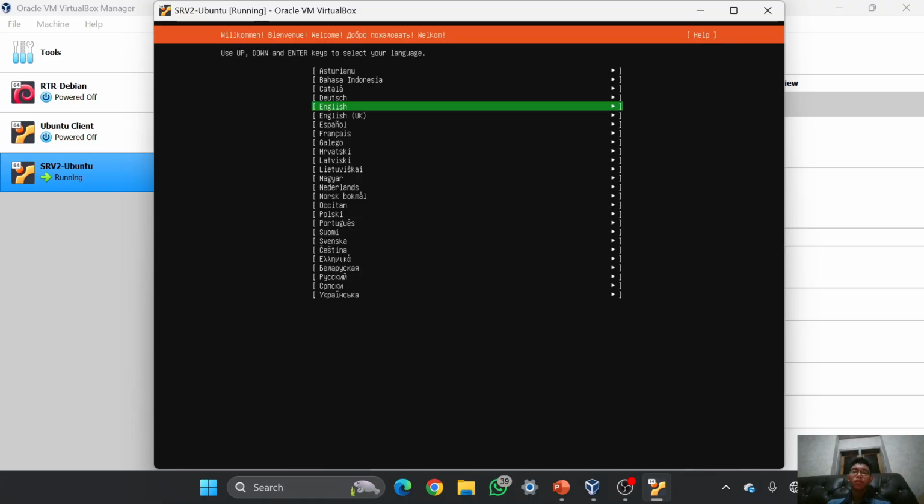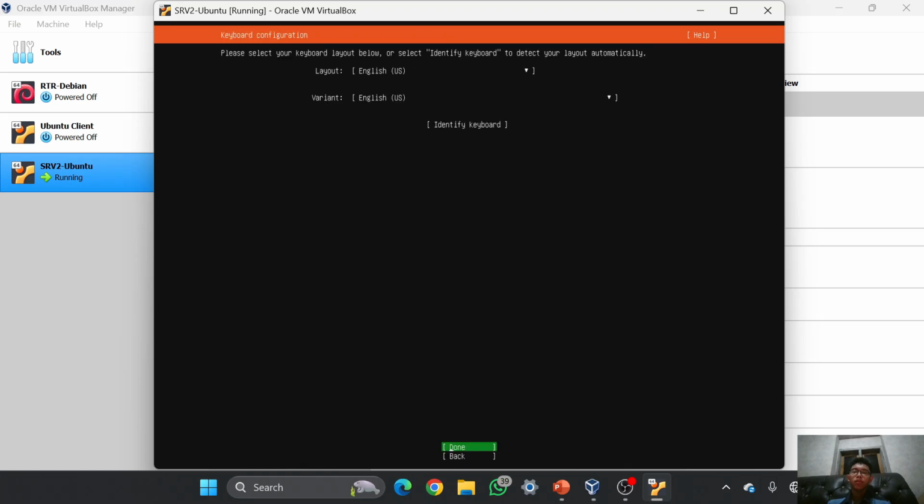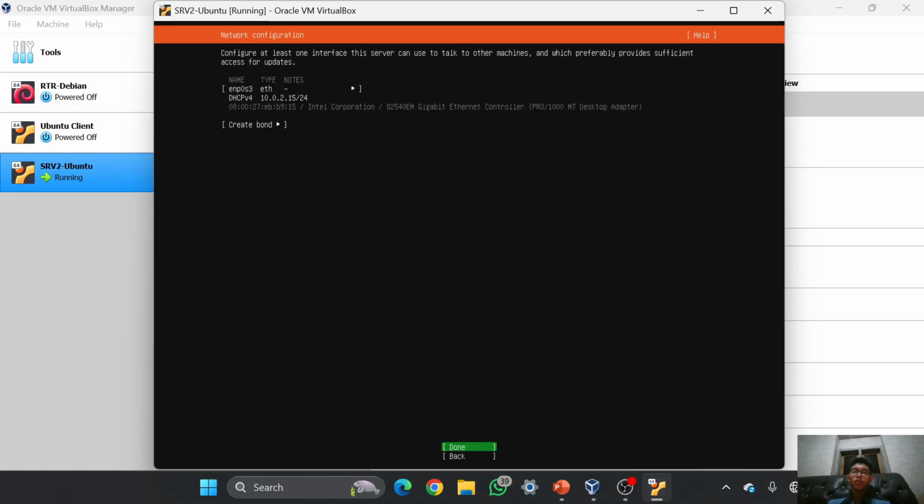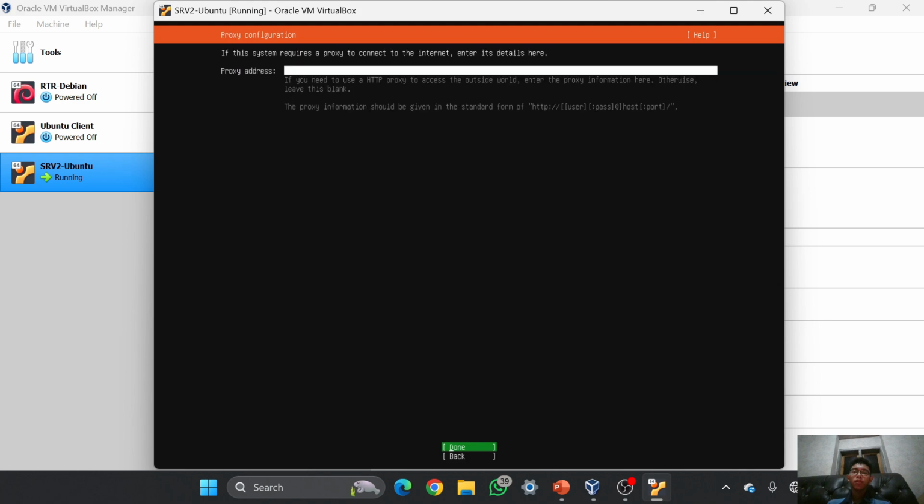And right now I'm in the installation process, and for the language I will just use English, and then for the keyboard layout I will keep the default English again, and I will use the Ubuntu server. Then we can wait again, and it is for the network configuration, but because I'm not connected to the internet, I will just go down again.